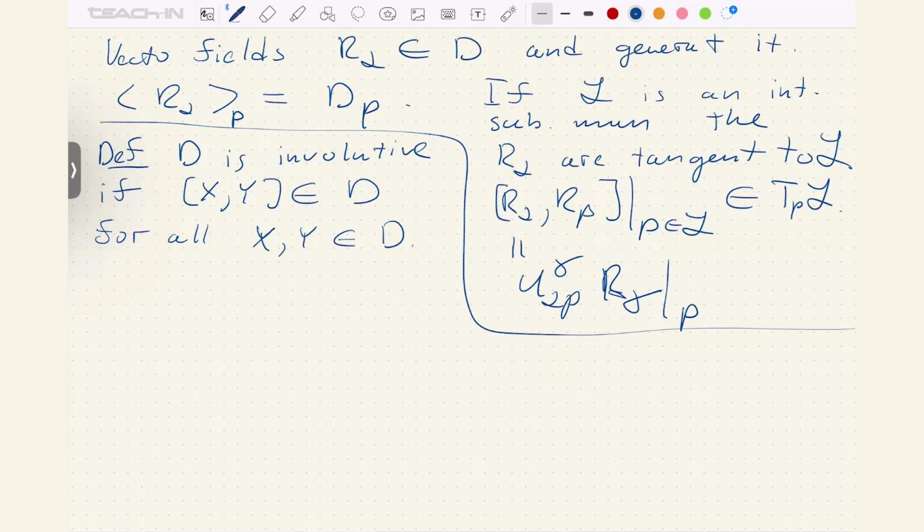And as we saw, if we have integrable submanifolds everywhere, it means that this condition should be satisfied. And the inverse is also true, and this is called the Frobenius theorem,